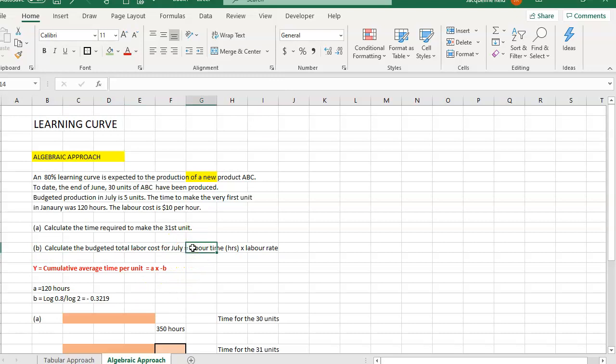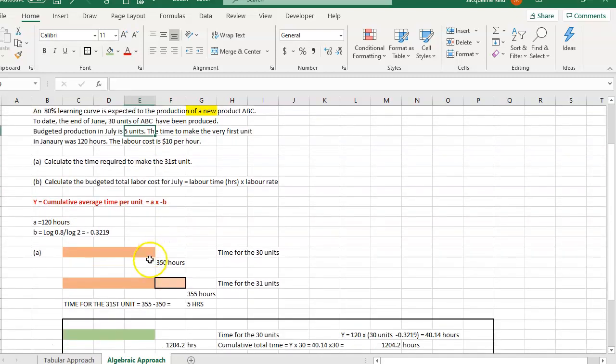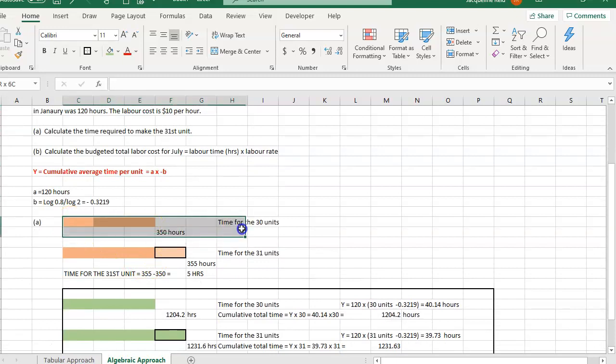Again, we have to fall back on the algebraic approach. Now, the focus is the production for July. They are making 5 units in July. So cumulatively, in July, they would have made 35 units. So it seems then that what we're going to have to do